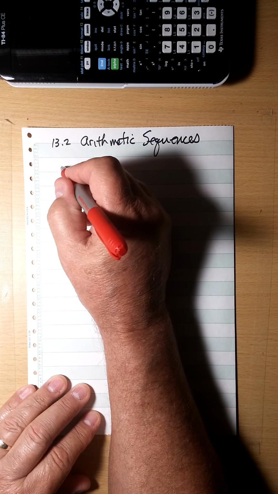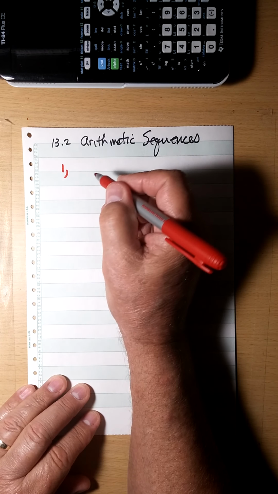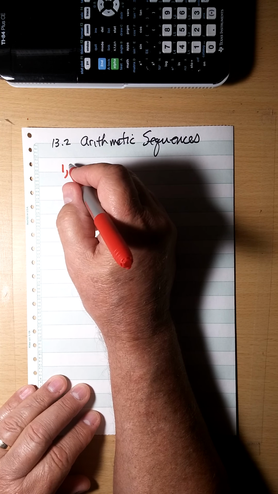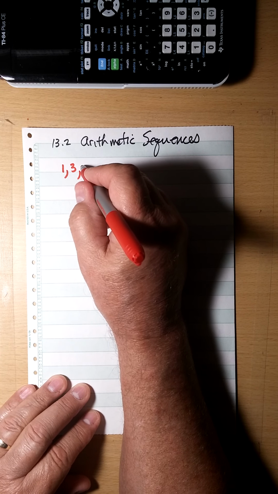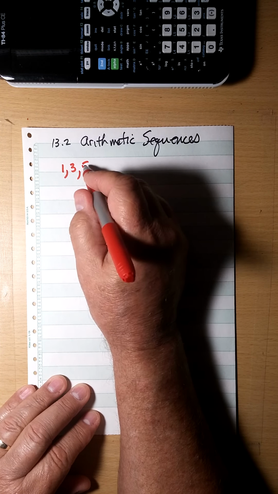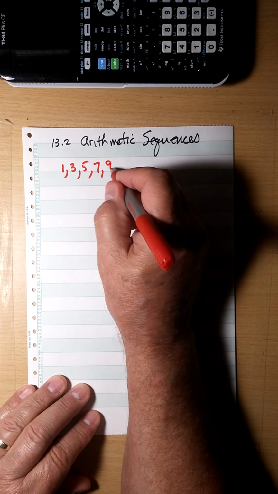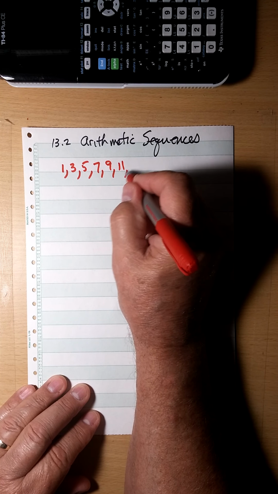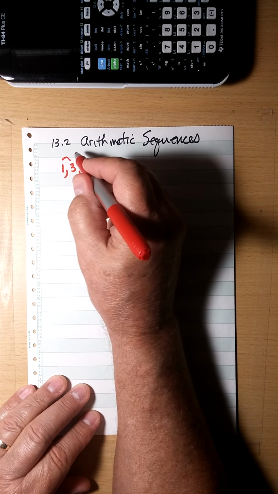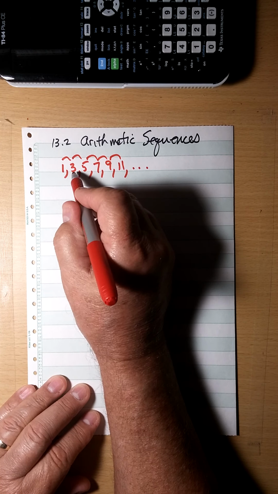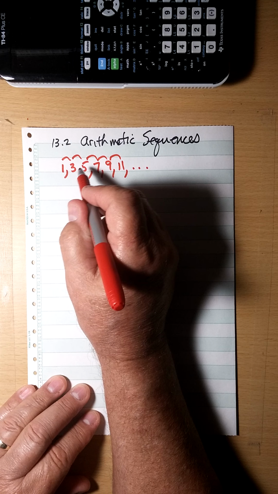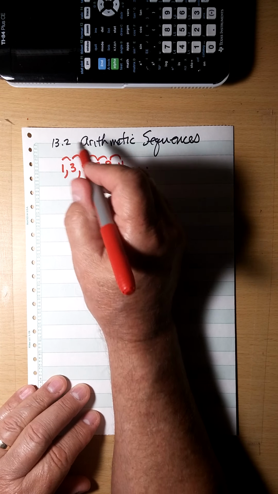It's when you take values, let's say we start with 1, and we add 2 to that, we get 3. And we add 2 to that, we get 5. And we add 2 to that, we get 7, then 9, and 11, etc., etc. Each of these, if you subtract 3 minus 1, 5 minus 3, 7 minus 5,